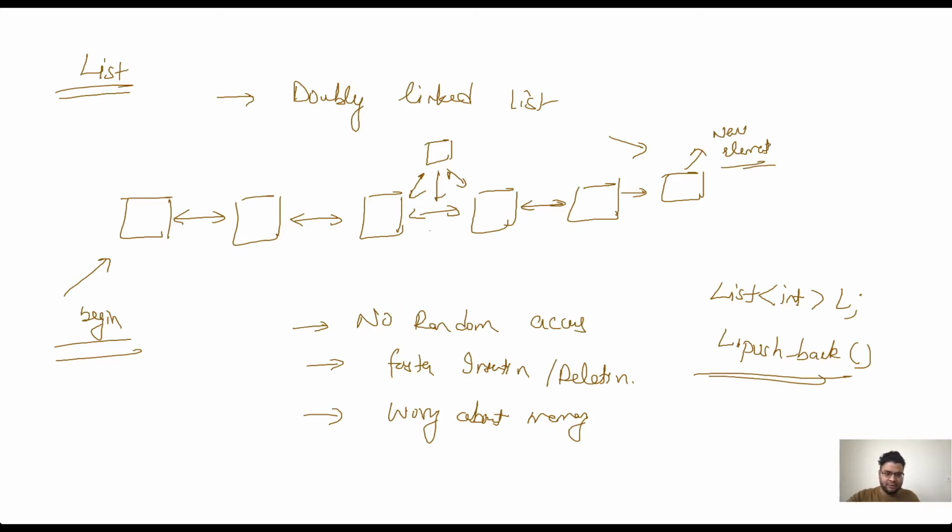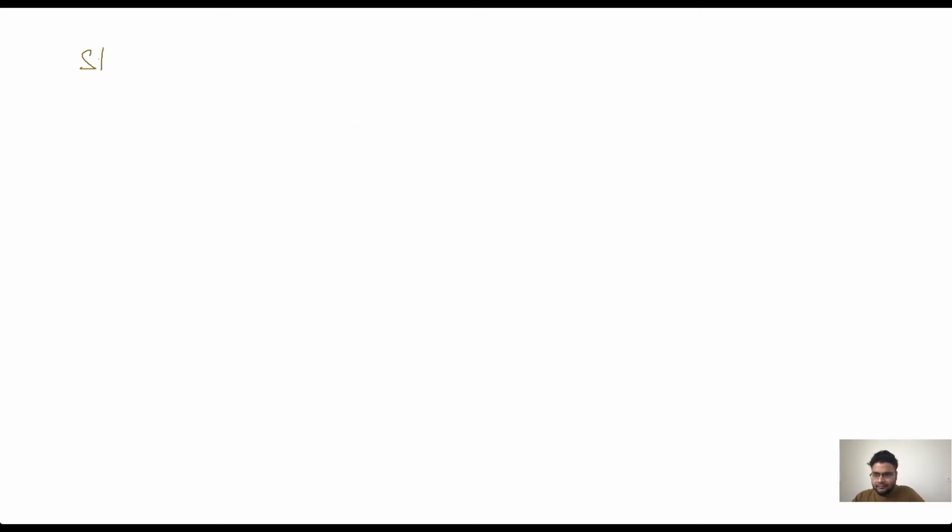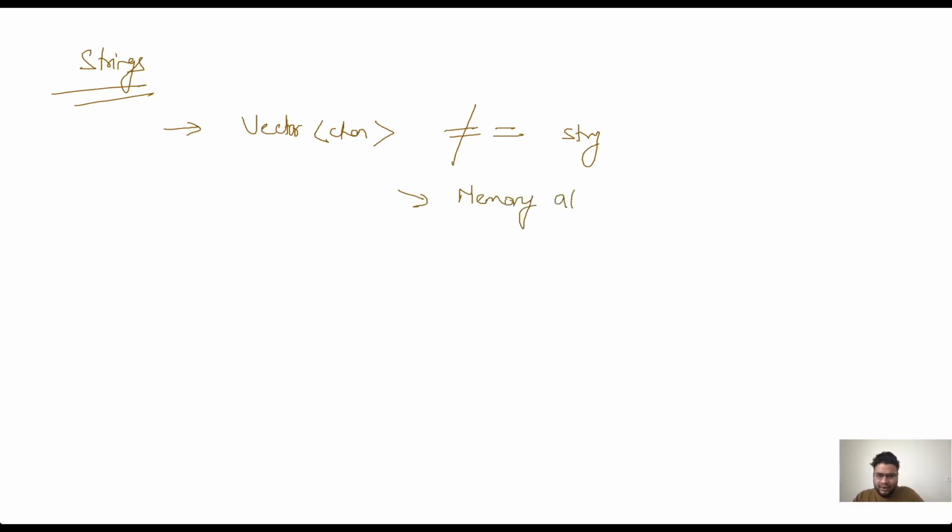Let us also discuss the third sequential container which we plan to discuss today, which is going to be strings. So strings and vector of character are very much similar. Okay. But generally they differ in the memory allocation. So it's not actually similar. There would be some differences in the memory allocation. I'm not going into the memory allocation structure of string. That would make this discussion more complex. Strings, a vector of character only.